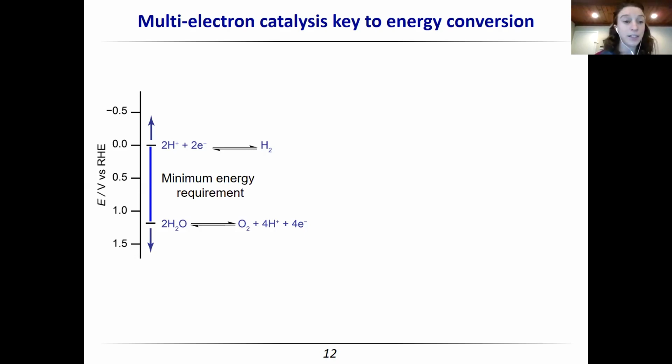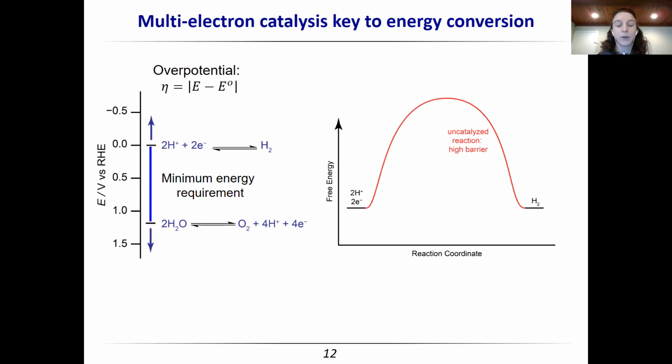And so this additional energy that we're actually going to have to apply to run the reactions is called the overpotential. It's symbolized by eta, and it's literally just the difference between the potential that you're applying and the thermodynamic potential for the reaction. So if I want to do hydrogen evolution and I'm at minus 0.5 volts instead of at 0, then I have 0.5 volts of overpotential.